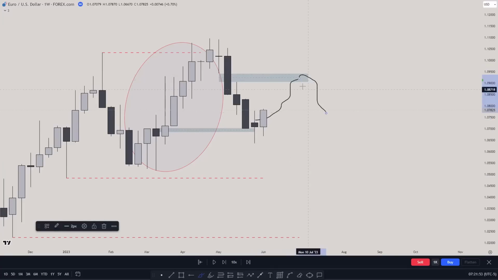Either to go to the lower side or go up, and mostly going up. Why? Because we have already the internal move going to the external one. So mostly it's going to take the highs, but I'll always keep an eye at this fair value gap. So from here all the way to here, and if we go to the daily, we're going to see that